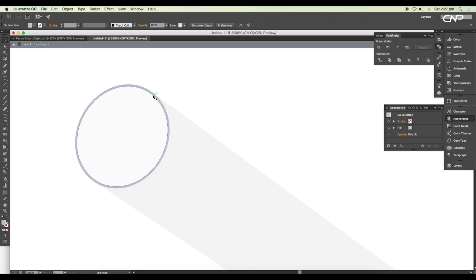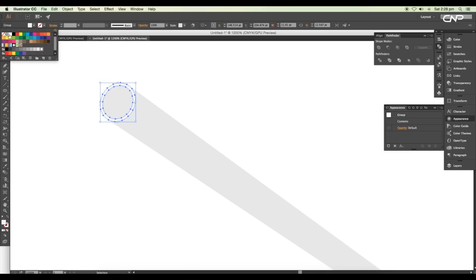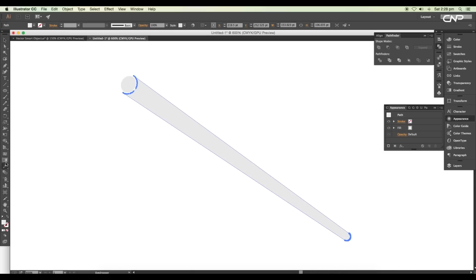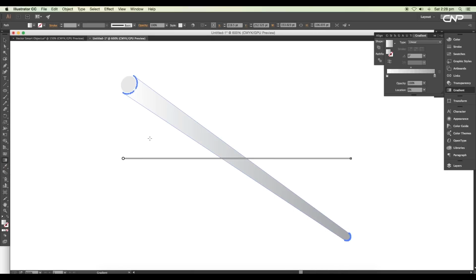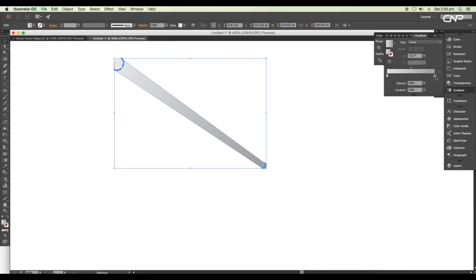Double click on the ring to edit the inner circle. Select the inner circle and scale it down. This will increase the thickness of the ring. Then change the color to white. Next, add a gradient color to the shape. Adjust the gradient direction parallel to the shape using the gradient tool. Set the left slider value to around 12% and the right slider value to around